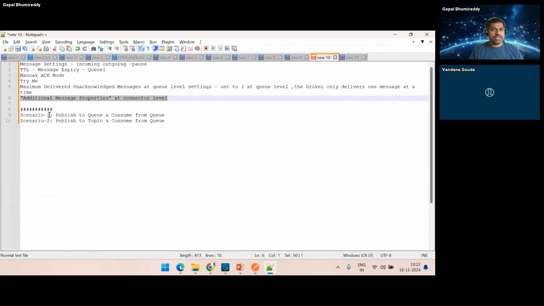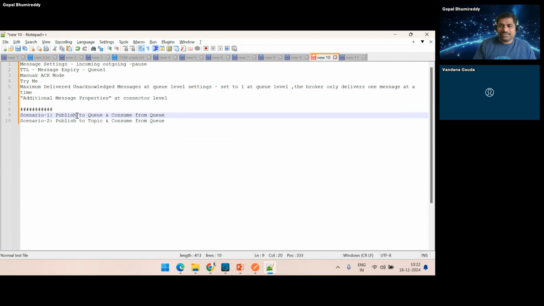I listed the scenarios here. Scenario one is publish to a queue and consume from a queue. In real time, let's say I'm getting a message from an external system. Someone is publishing a message to the Solace queue, and I want to consume that message. For demo purposes, I'm only publishing a message